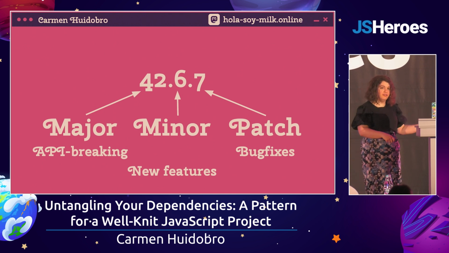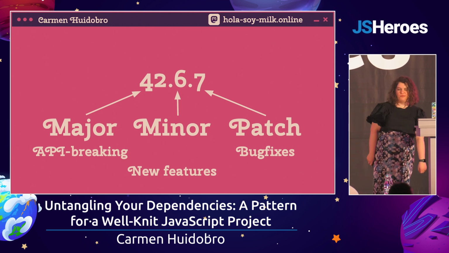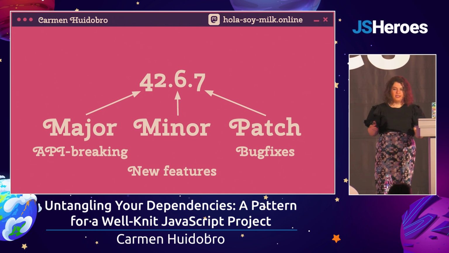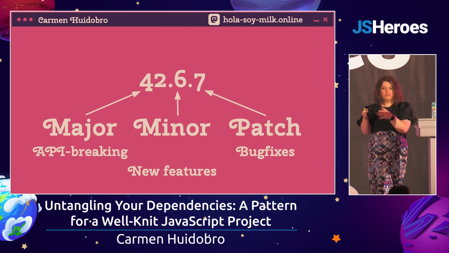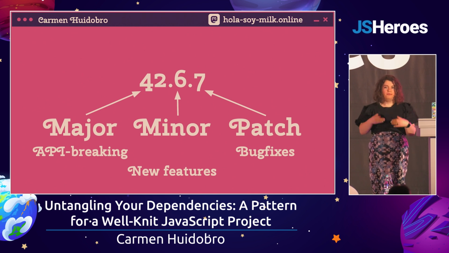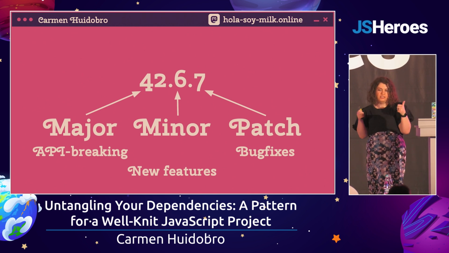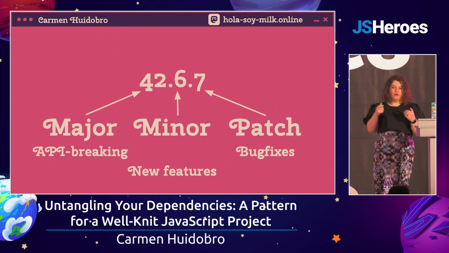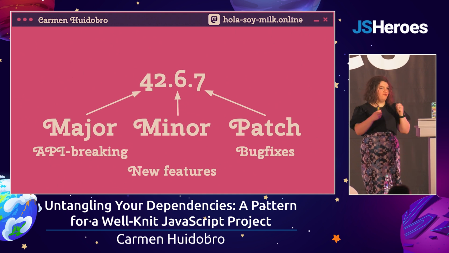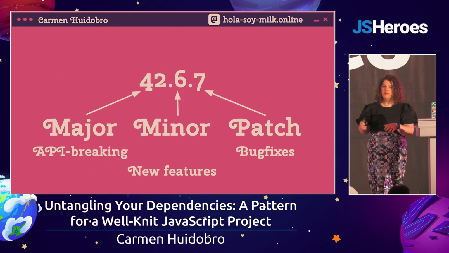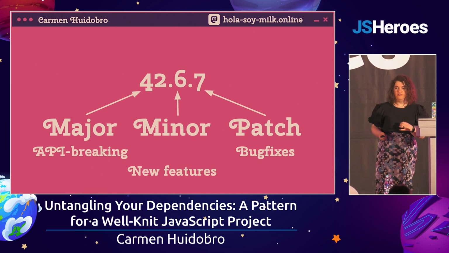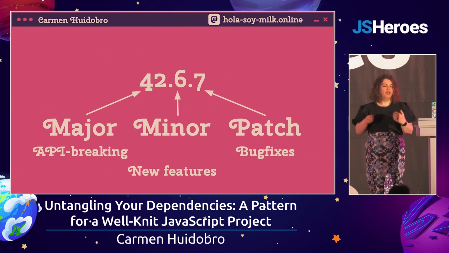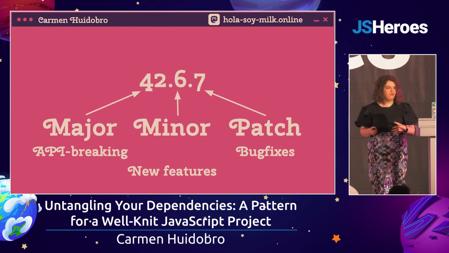If you're not familiar with semantic versioning, or semver, which always sounds like a Pokemon, there are 3 components to a version of a package. You've got the patch version, so going from 7 to 8 is likely going to be bug fixes, making stuff more stable, good stuff, love a patch. Going up a minor, 6 to 7, is going to be adding features, not breaking anything that you know and love, just bringing you more stuff to love. And then there's the major upgrade, which will likely break stuff and you need to be more careful about.